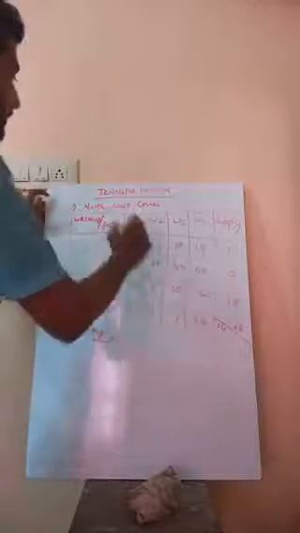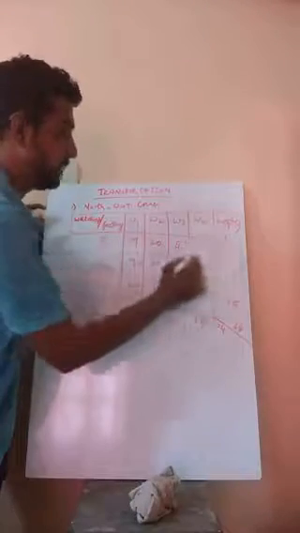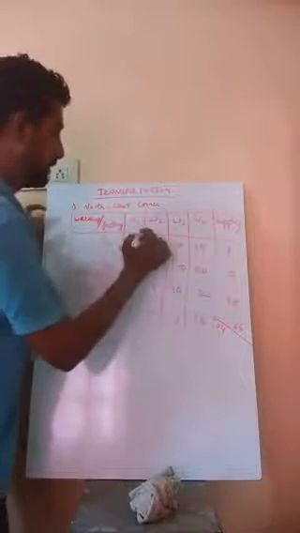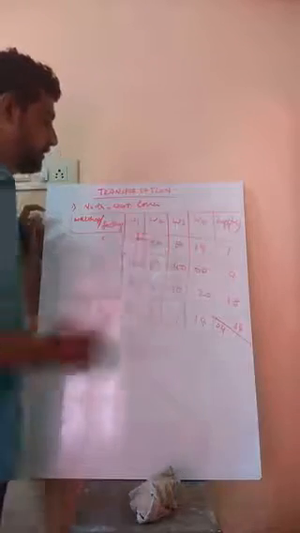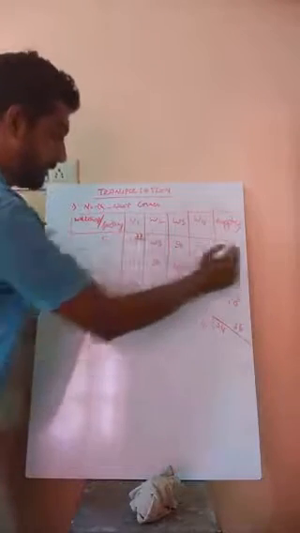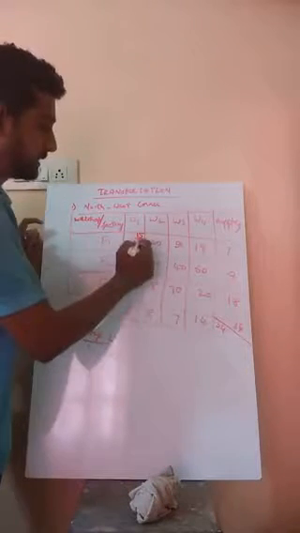Northwest corner means you need to choose the cell at the northwest corner of the matrix. For example, the northwest corner of this matrix is 19 at the top. That cell must be allotted by supply or demand. How to allot? Whichever is less, you need to assign. Sorry, this is 5 here. 5 is the minimum, so you assign that value.